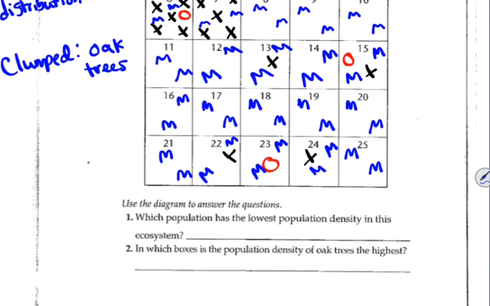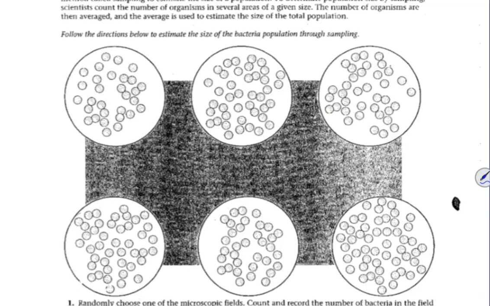You had 2 questions at the bottom. Which population has the lowest population density? The owl. And then in which boxes is the population density of oak tree the highest? That's the 1, 2, 6, and 7 up there in the corner. So this is just a visualization for you. You guys should be able to look at a picture and tell me where density is higher. Which populations have the highest density like this? Okay. And then your last one,